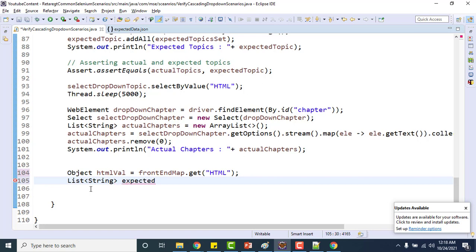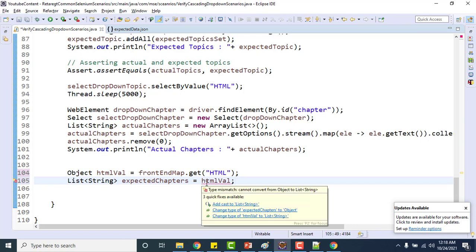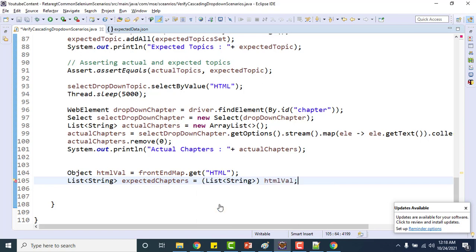Expected chapters, HTML value, and this we can cast to list of string.